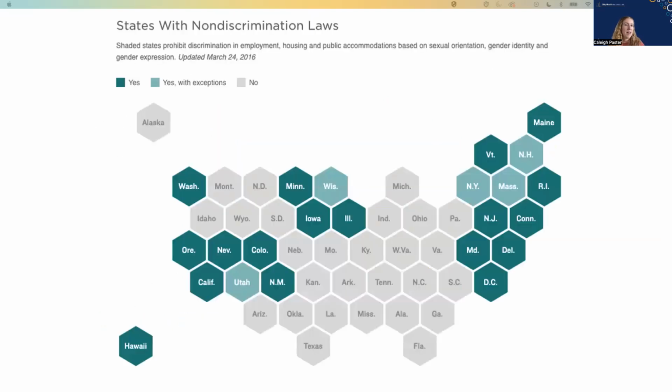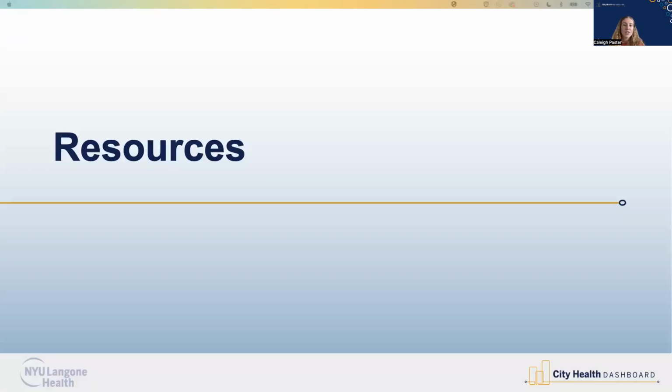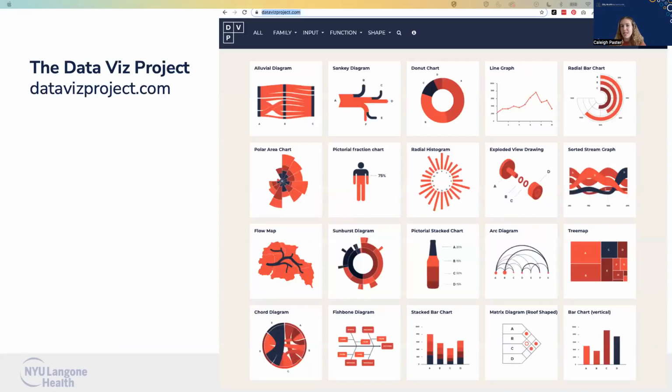Similar to the Choropleth map, we also have a tile map, but it removes the geographic size that might skew the data when population data is not relevant. So this really just breaks it down into what it is in a more even manner than the geographic one, which stretches with size. So a few resources that we like to use here at the dashboard for data visualization